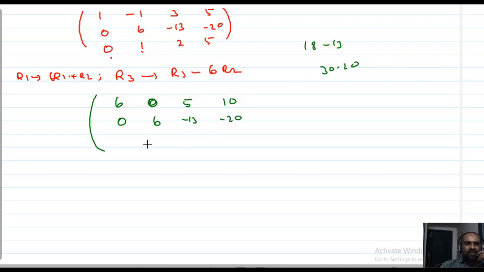Yeah, this is change in R3. What? R3 minus 6R1. R3 minus 6 R2. Okay, here no problem, 0 only we will get. 1 minus 6, 0 only. R3 minus 6 R2, not 6 R3 minus R2. Okay, here 0. Here 6 R3 means 12 minus of minus plus 13, that is 25. Here what happened? 6 R3 30 minus of minus plus 20, that is 50.